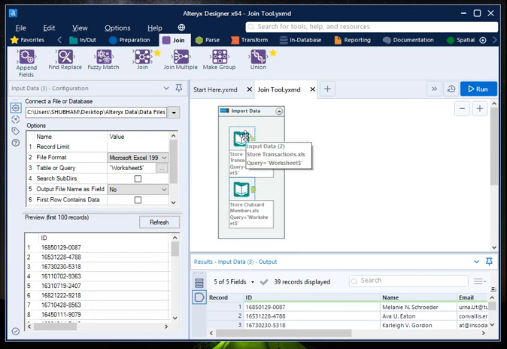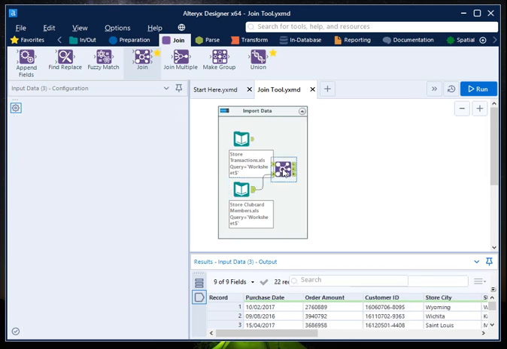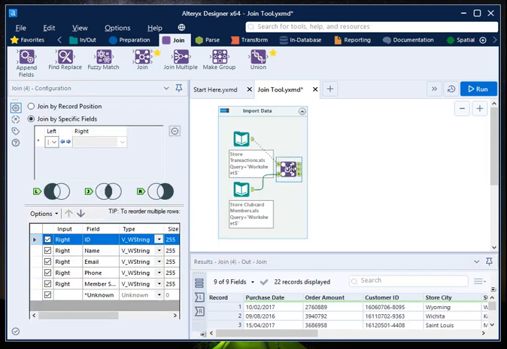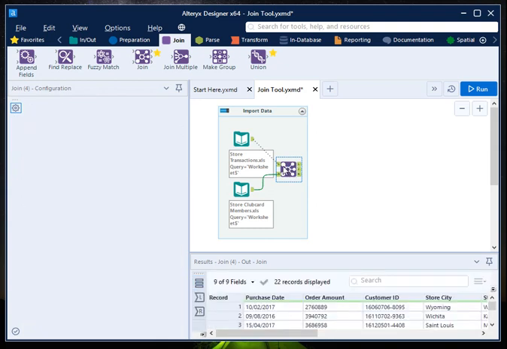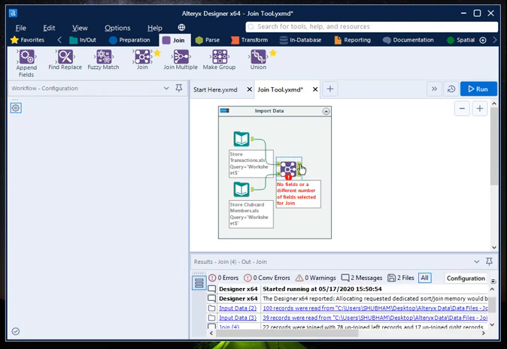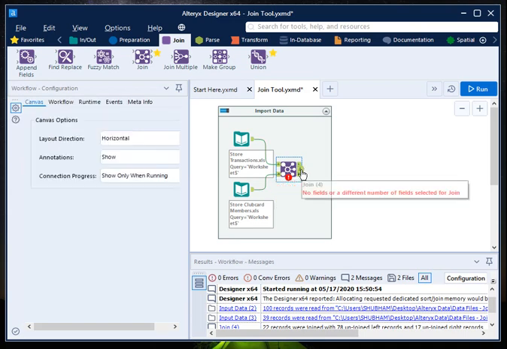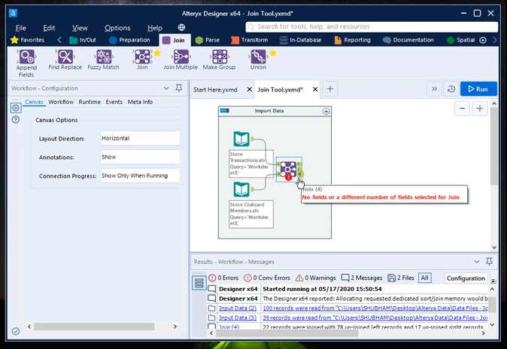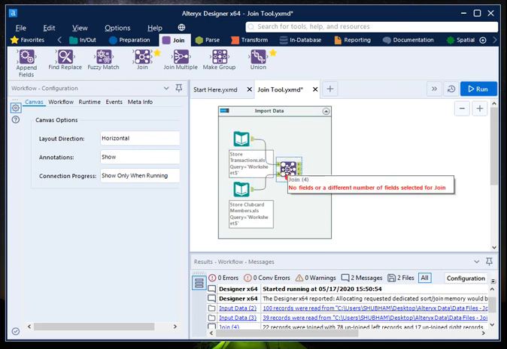Now in order to join these two files, there's an option under join which is again a join sub option. You can just drag and drop this in your tool container, and as you can see that there are two input options, one is L, one is R. R stands for right, L stands for left, and then there are three output options, one is L, L stands for left, J stands for inner join or J is join, and R stands for right join, right?